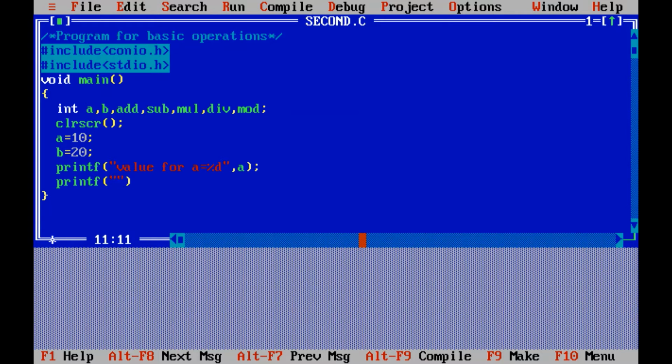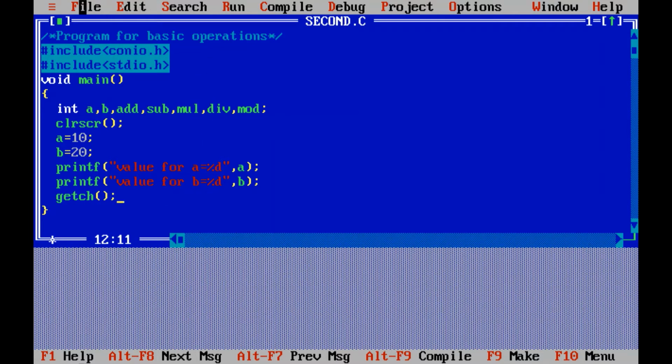Value for b equals to %d, and after the comma I have to print the b value, so b. Then one more predefined method I have to use, that is getch at the end. Now I'll just run this much code.